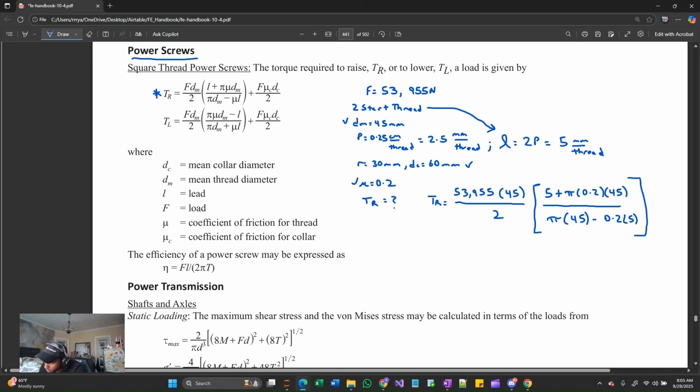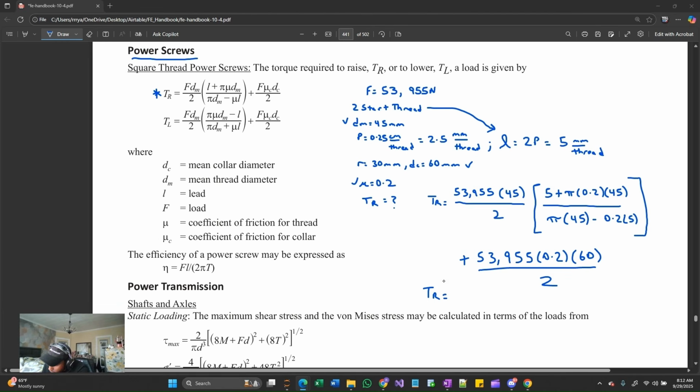So this is the first portion, but we additionally have a collar here, so we're going to have to account for that second term. The force was 53,955. Mu is 0.2. The collar diameter, we were given the radius. We just doubled that to get the diameter, was 60 divided by 2. And the result of this calculation is equal to,